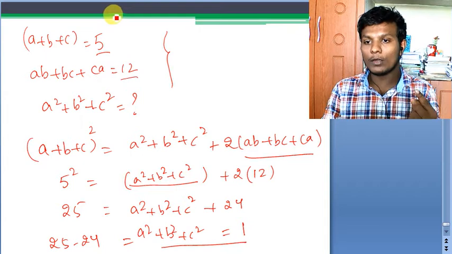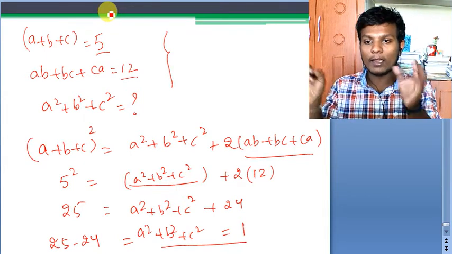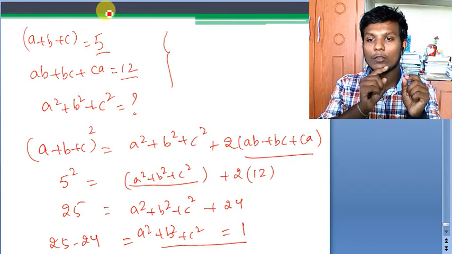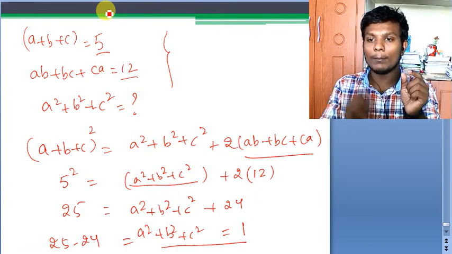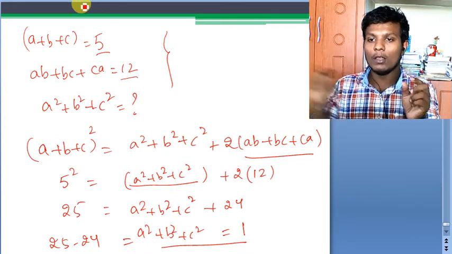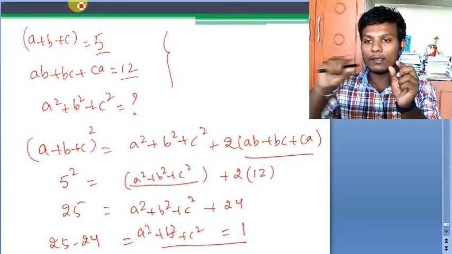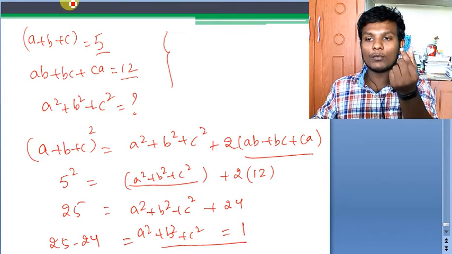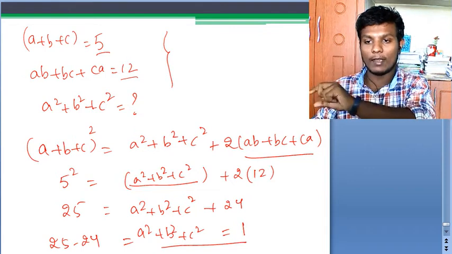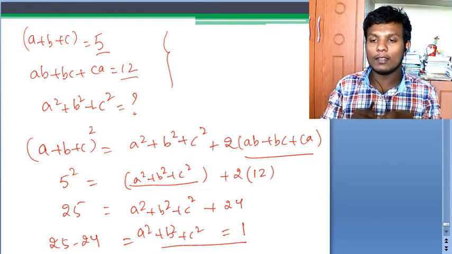And one more important thing, when you are using the Pascal triangle coefficients, you have to write them in order. I should not say a cube plus b cube like that. It is a cube plus a square b plus a b square plus b cube. So one power has to be decreased and the other has to be raised, from 0 to the maximum degree. These little things make a difference.